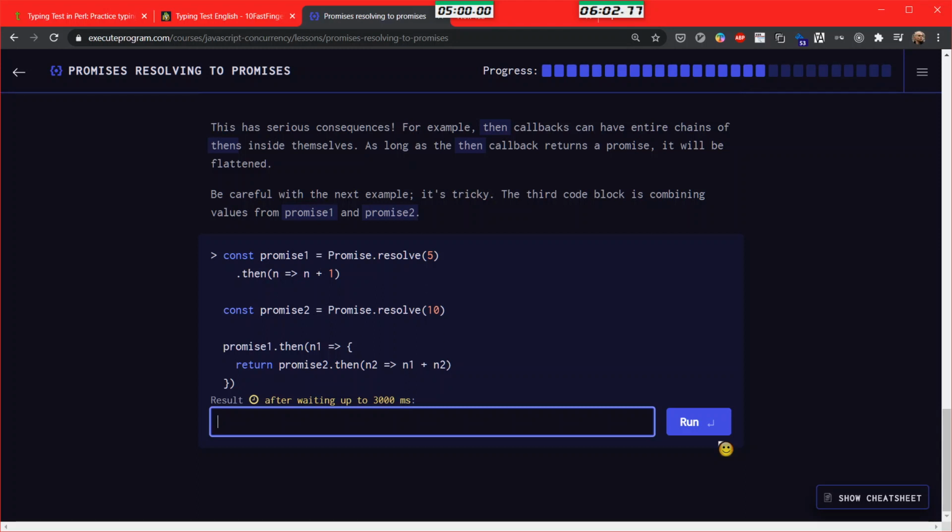Okay, cool. So we have a promise 1 which resolved 5, and then we add 1 to it, so it will be fulfilled 6. Promise 2 is 10, so we have 6 and 10.